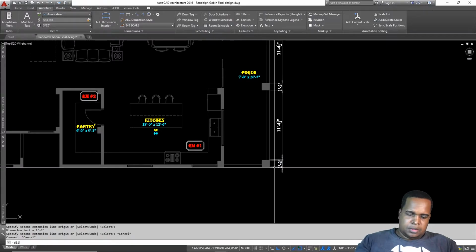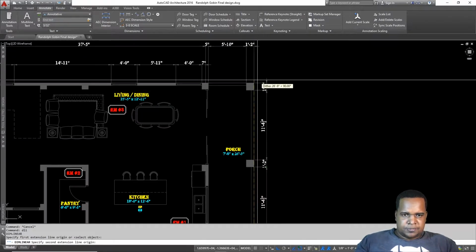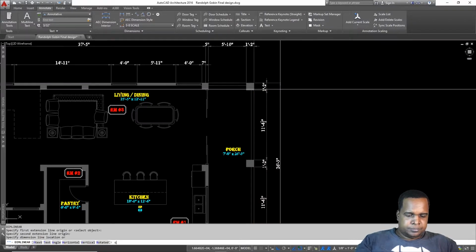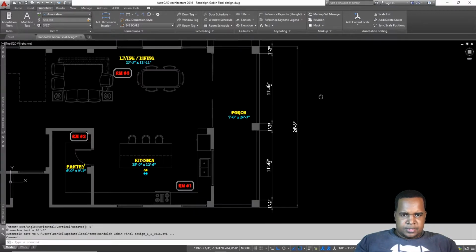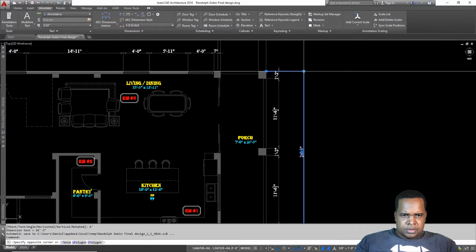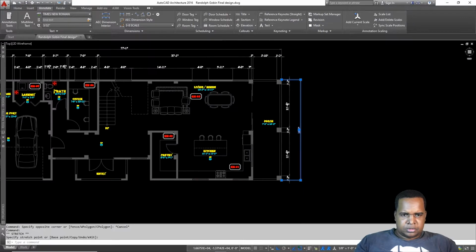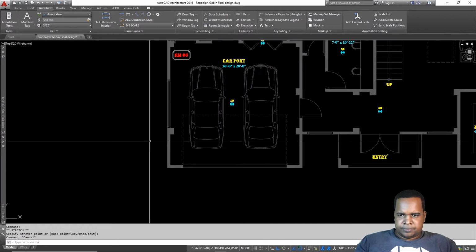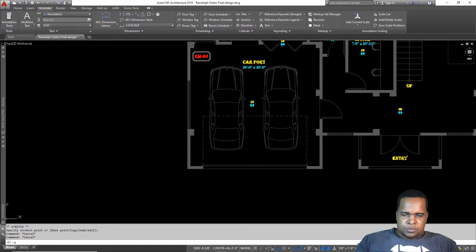Right, then we just do 6 feet. Right, so you see that went a bit further out, so we could just pull it in just to get exactly where. So there. This one,